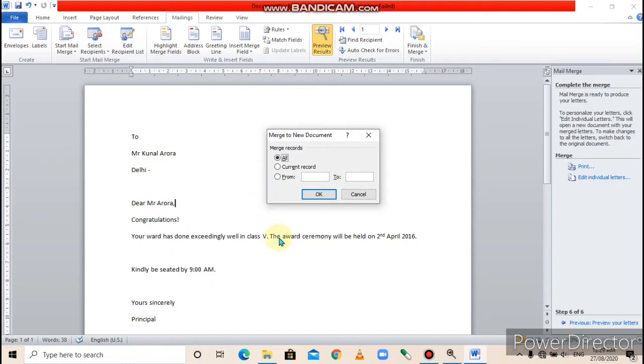In this dialog box, choose an option as per your requirement. If you choose the all option, then all the receivers' letters will be printed. If you choose current record, then only the current record will be printed. If you want a special range, you can also specify the range. I click OK, and after that click OK.